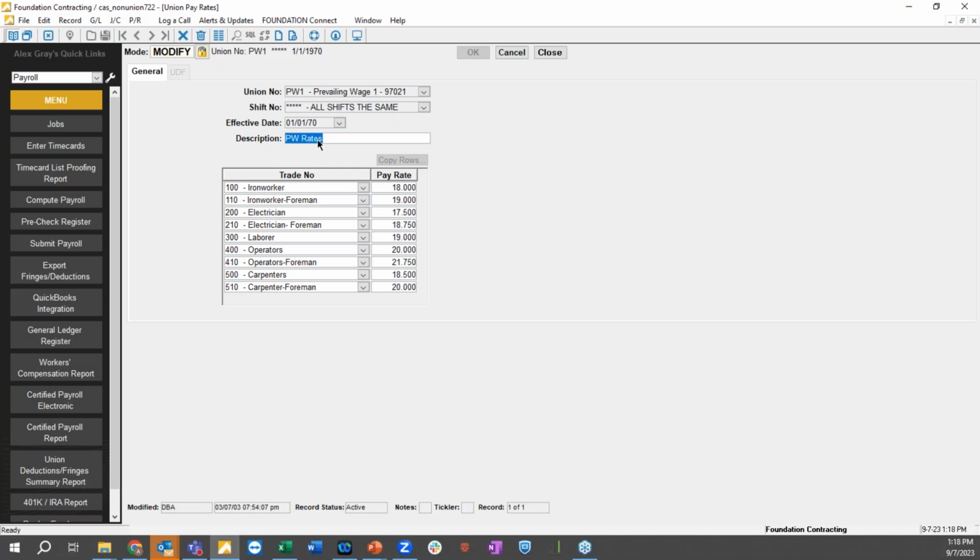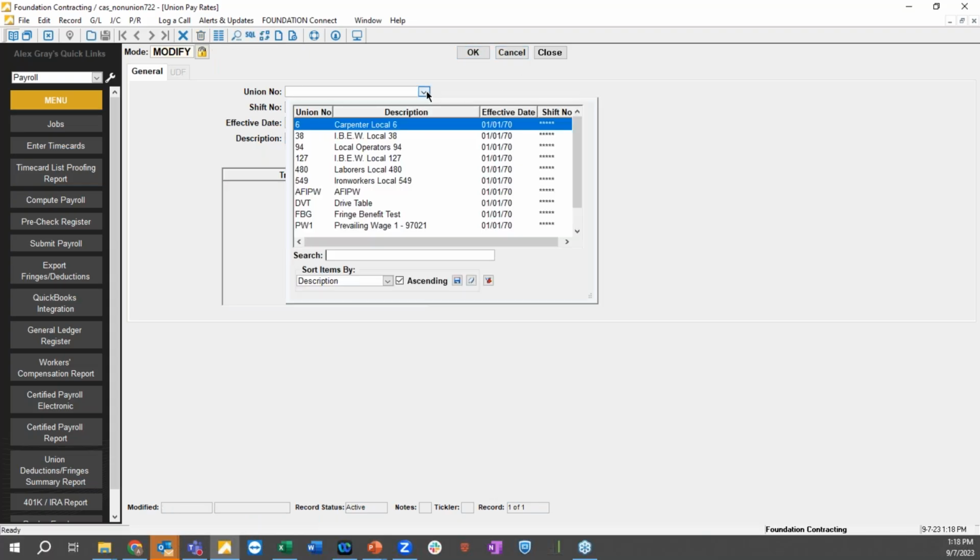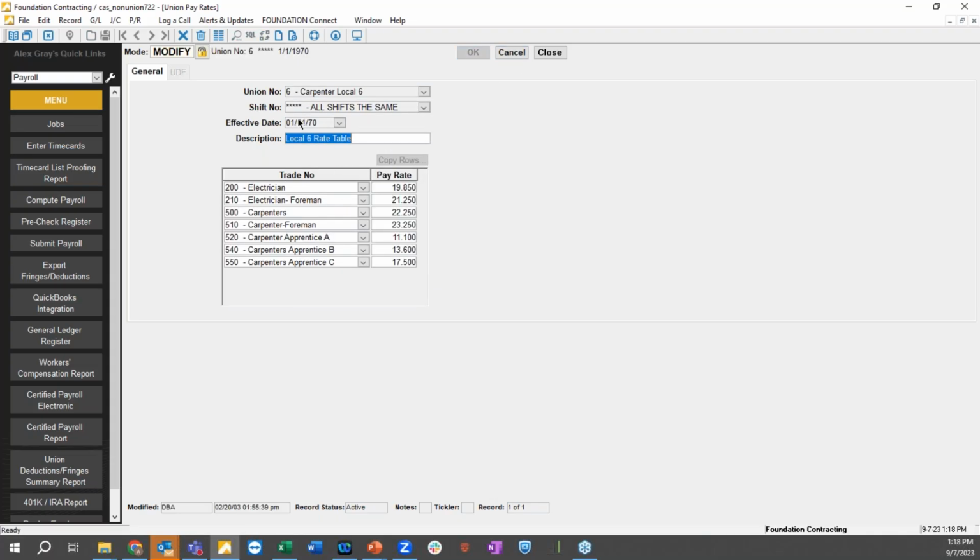Also with these tables, you'll notice that they can be timestamped with effective dates. Maybe you're working longer prevailing wage jobs that are subject to pay rate increases, or, a big part for union contractors, on the first of the year we get our new union contract. Here's our list of trades and list of pay rates that we need to break out for that union. But maybe 6 months later, let's say July 1st for our example, everything's going to be going up by $1.